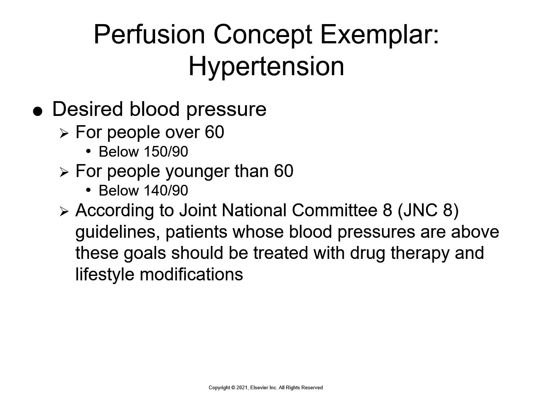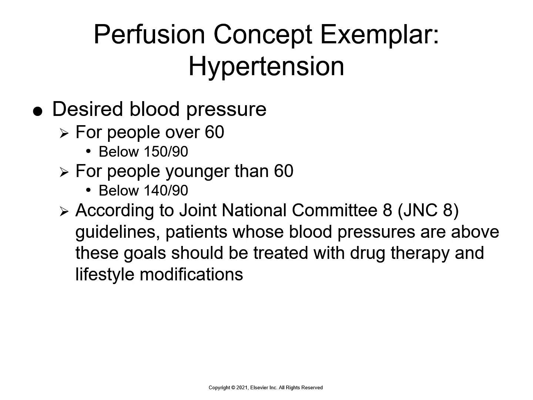Let's start and use our exemplar here with hypertension. Your desired blood pressure for people over 60 is below 150 over 90. For people younger than 60, it should be below 140 over 90. According to the Joint National Committee 8, JNC 8 guidelines, patients whose blood pressures are above these goals should be treated with drug therapy and lifestyle modifications. Hypertension is the most common health problem seen in primary care settings. It can cause stroke, an MI, kidney failure, and